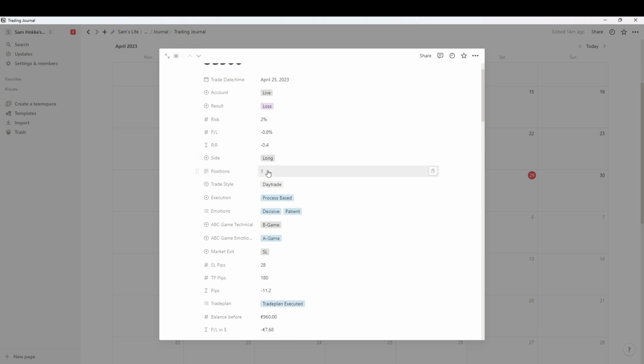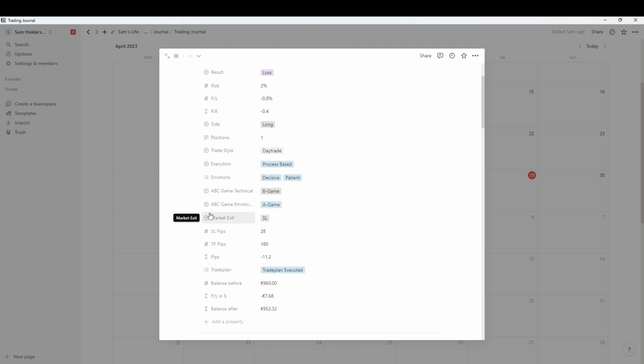The positions that I took, because sometimes I stack into the position. So for example, I buy for a smart money reversal, but I can see also a low risk buy that is closely correlated within the same setup, the same trade. I can add a position there as well, and when I see another order block forming over there, I can stack on it again. And of course that is always done with proper risk management by minimizing risk before entering again.